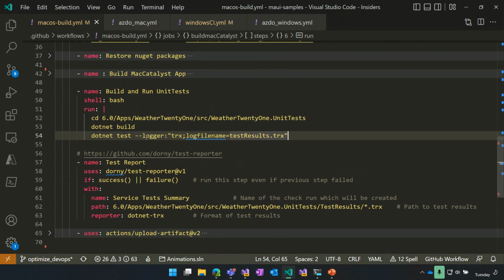This is where the logger command comes in handy. You can look at the .NET test documentation. There are a lot of other supported test log types that you can use for this, which is pretty great. So what I'm doing is I'm putting this out in the TRX format, and then for GitHub Actions, I found this community action, which is really great.